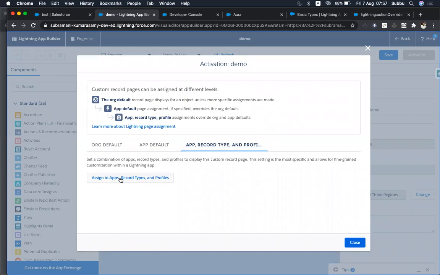Okay. So in the page layout, how will you be creating? Actually, you can clone the standard page, and based on the record type you will be assigning it to the profile, right? In Salesforce Classic, I'm saying. So same, if you want to follow, this is the step for the sales application. For the account prospect record type, for the system admin, I need to see this Lightning page. So this is how you will be creating your Lightning App Builder page.